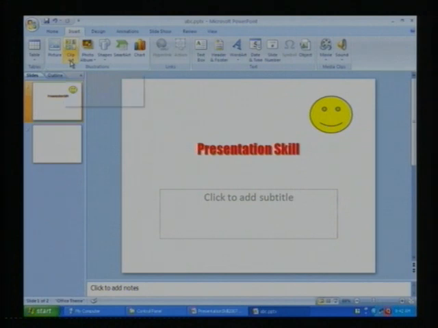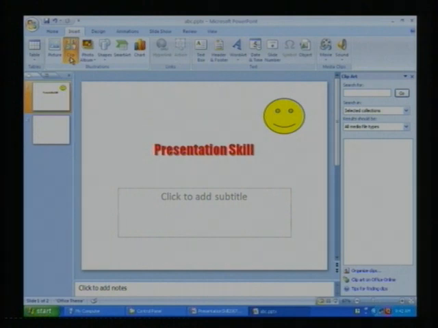If you want to use the library which comes with this presentation tool, you can also use that animation library. You can select or search for any picture available in your library, but the essential thing is that the library should be installed on your machine.